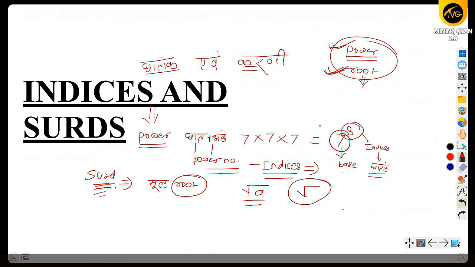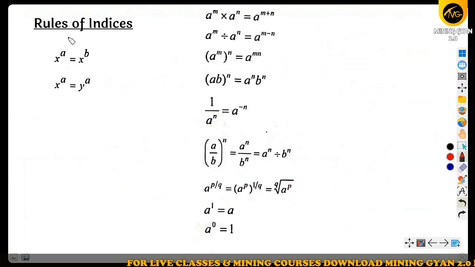Okay. So we have already studied indices and surds in school or college. If you know these basic rules about indices and surds, then you can easily solve their questions. Okay, so let's see what the basic rules of indices and surds are. First of all, the rules of indices are: